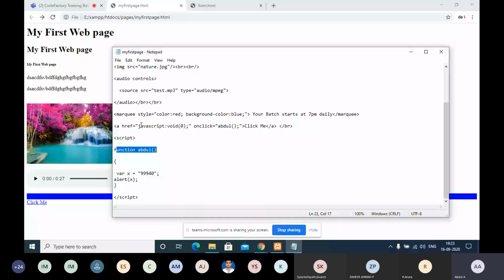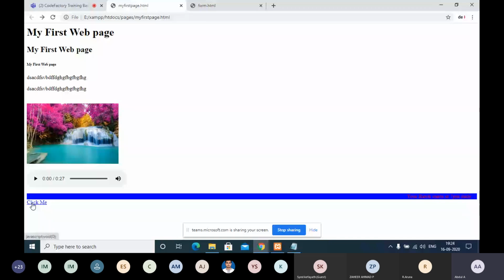In HTML and JavaScript, not only onclick, there are a lot of other functions also. If I click this, the browser and our HTML will consider that as a click event. If I don't click, I just keep my mouse cursor on the link, it will not give any alert. I should click it, then only it will give an alert.